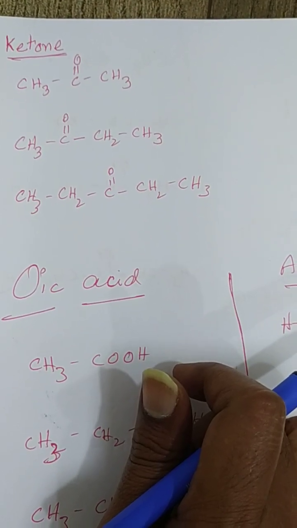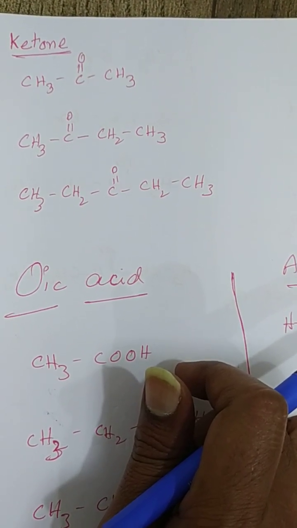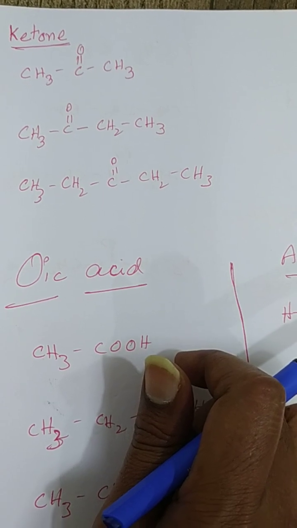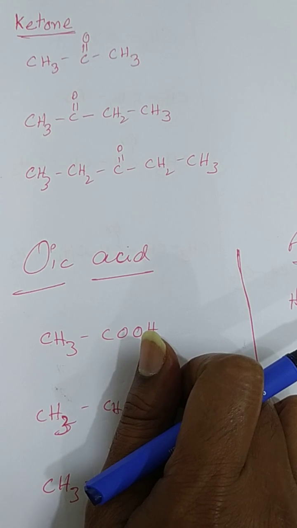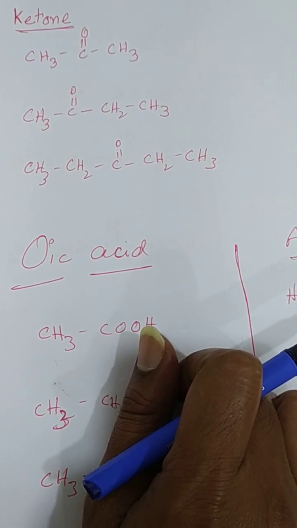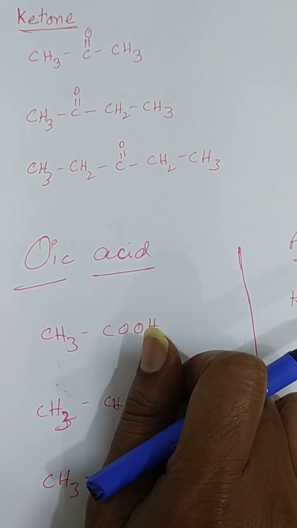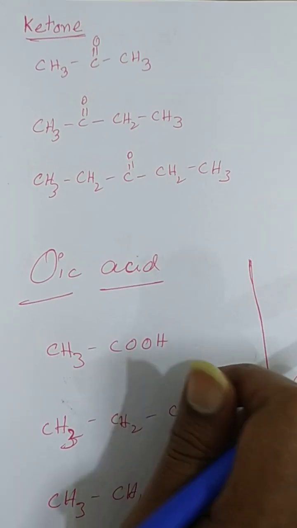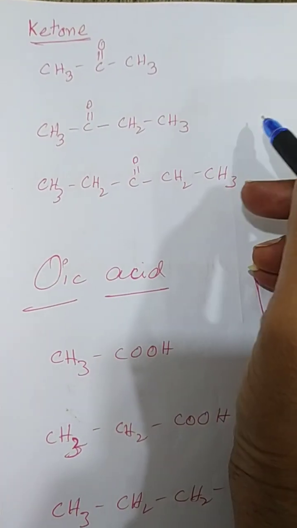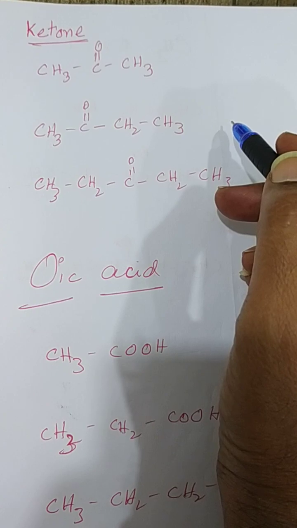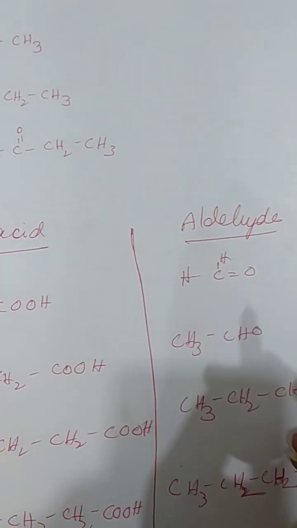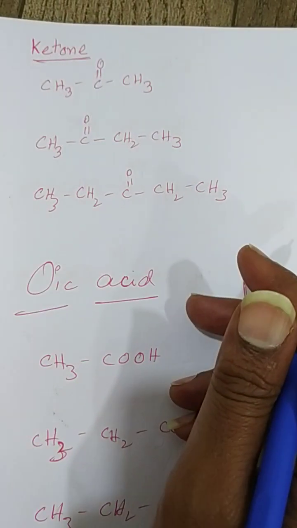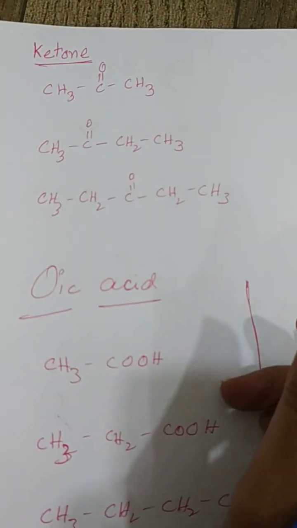Dear students, good evening. Today is the last class for the nomenclature, and today we are going to conclude this session as soon as possible. From tomorrow onwards, there is a preparation and properties section for the alkanes, alkenes, and alkynes. Now we are going with a quick round of ketones, carboxylic acids, and aldehydes. These are the main functional groups right now for this 10th class.